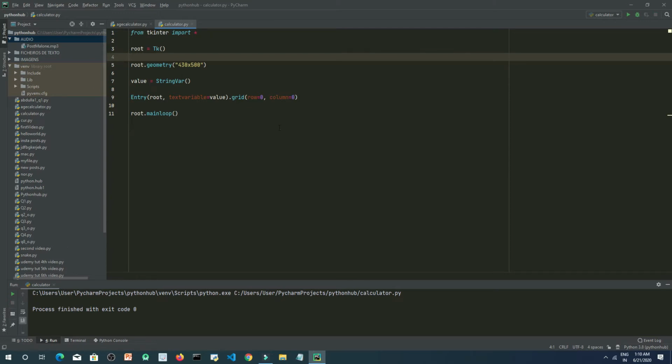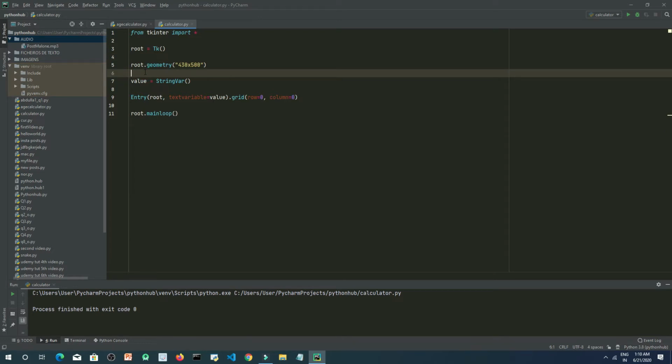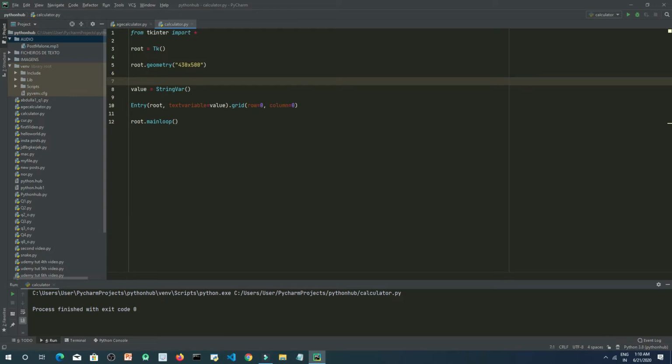Okay, so now let's create some font, which we will show inside this entry widget. Okay, initially when the screen will be visible to us. So now let's create a font as large font. Okay, large font.